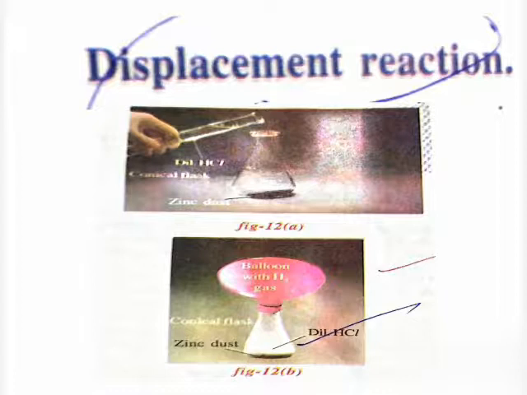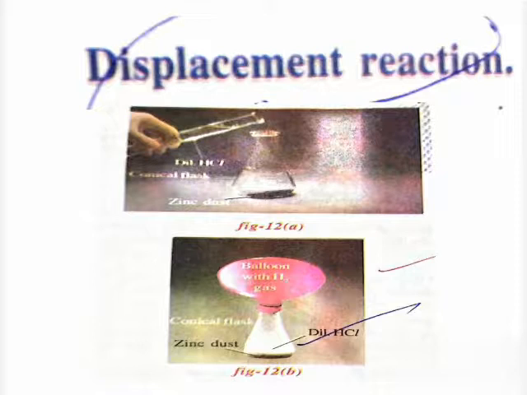Once you see it in your textbook. So zinc is one of the elements that displaces the hydrogen from hydrochloric acid. Means one element displaces another element from its compound and takes its place. Zinc displaces the hydrogen from hydrochloric acid, and in the place of hydrogen, zinc comes. Yes or no? See here, Zn plus 2HCl gives ZnCl2 plus H2. So zinc is separating the H2, and in the place of H, zinc comes. Yes, ZnCl2 will come.